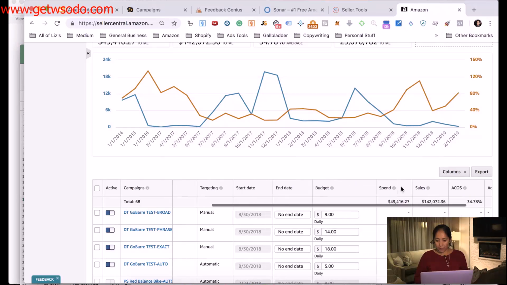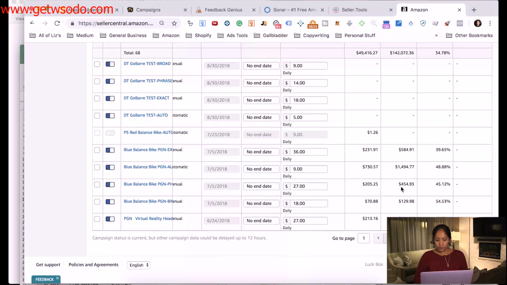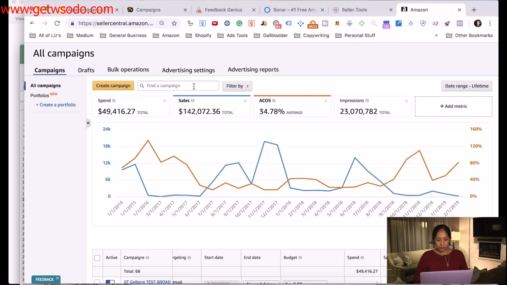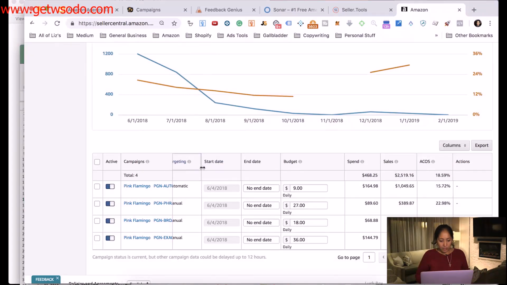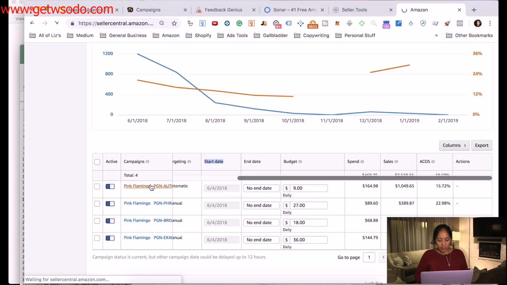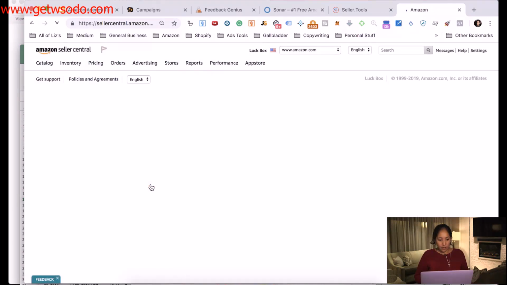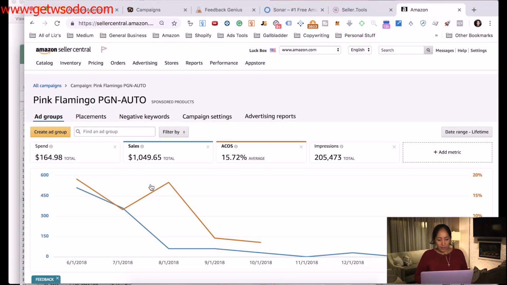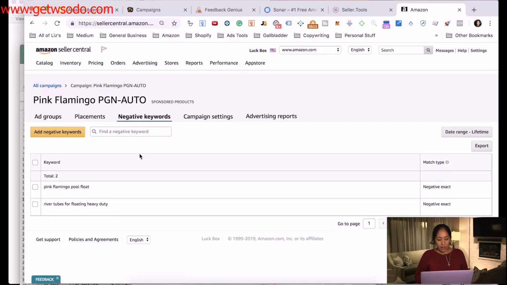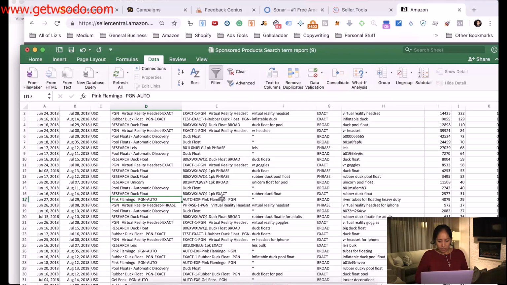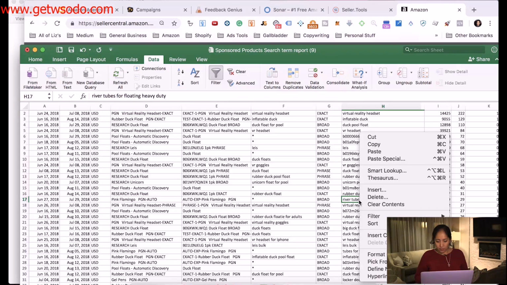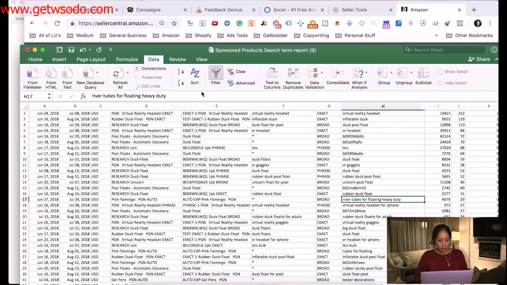So let's go ahead and type that out here. Pink Flamingo PGN Automatic. This is it right here. I'll click into this campaign right here. And what I'm going to do right here is hit negative keywords. And right here I would add this particular keyword. So I'm going to grab it up here,